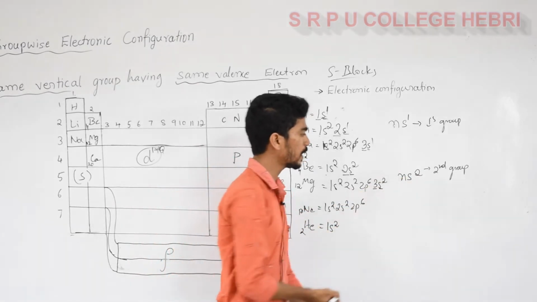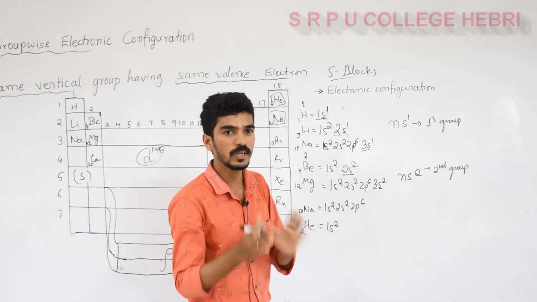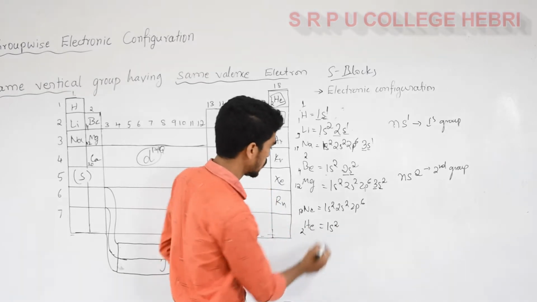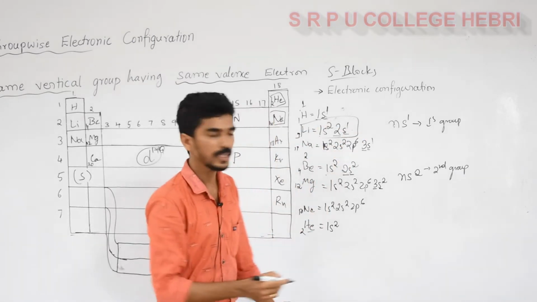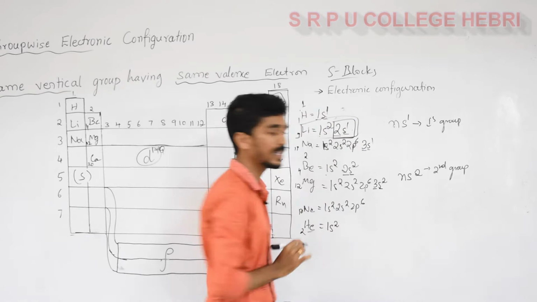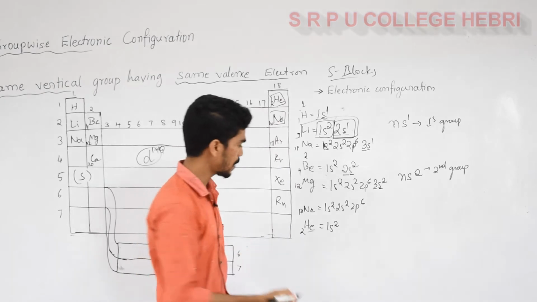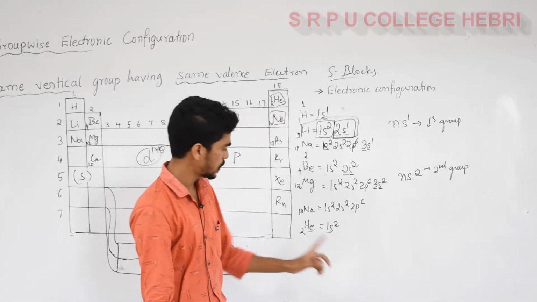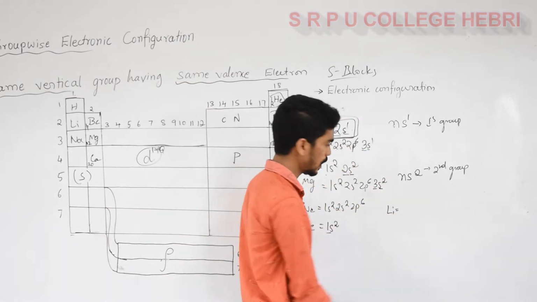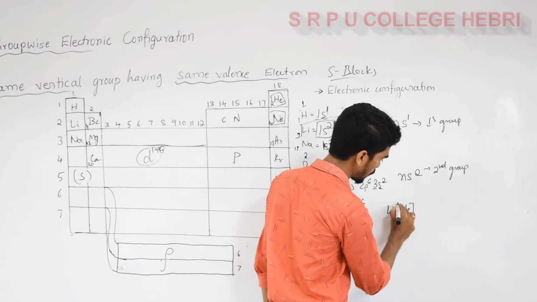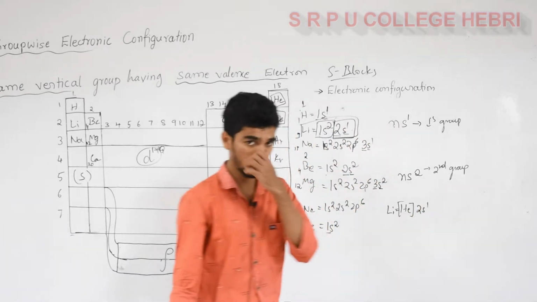So instead of writing the expanded form, you can cut it into a smaller part. What is that? Here, helium and lithium. In lithium, which is the valence electron? Here it is the valence electron. And what about the inner shell? This inner shell has the electronic configuration equal to helium. So we can write for lithium the helium electronic configuration with 2s1.